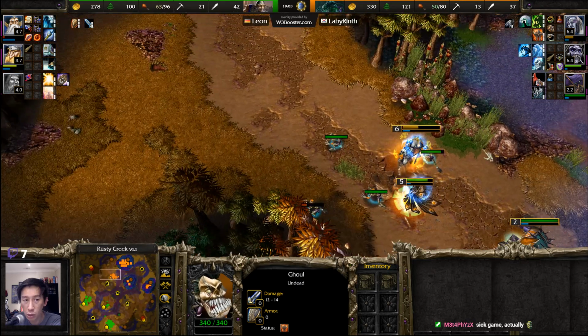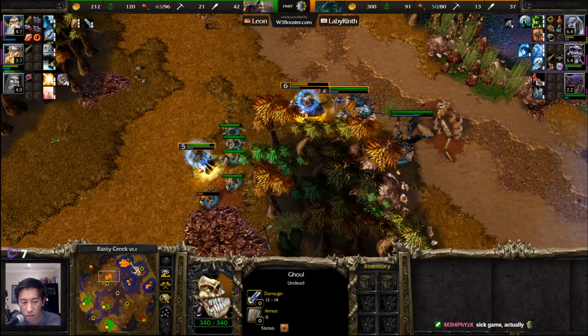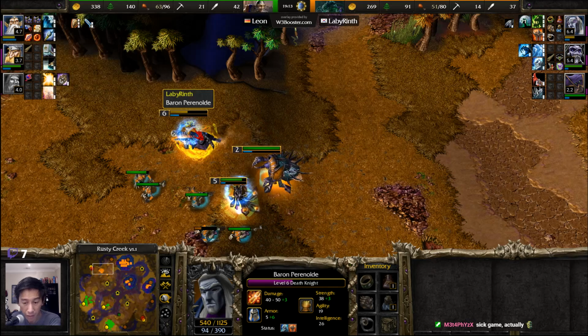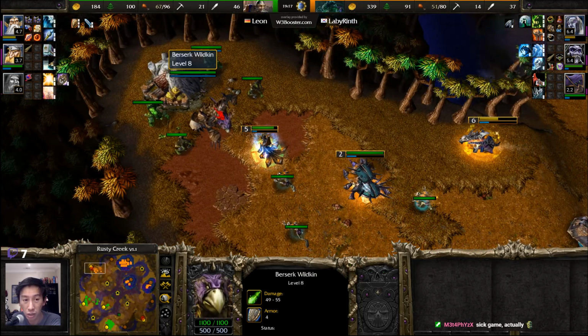LabyRinth sitting at 50 over 80 supply. Leon sitting at 63 over 96. He has the supply advantage, but the hero level advantage definitely belongs to LabyRinth. LabyRinth now making his way off to the north here, attempting to perhaps clear out the Berserk Wildkin creep camp